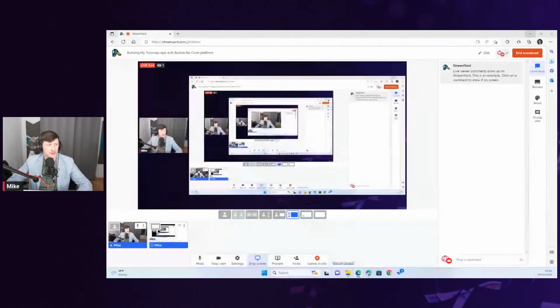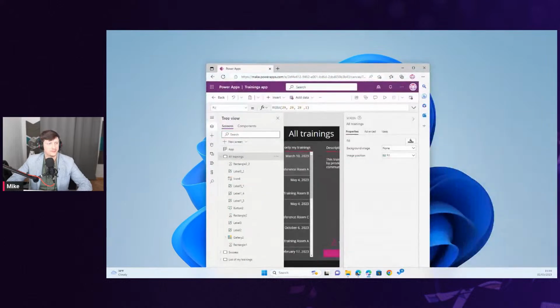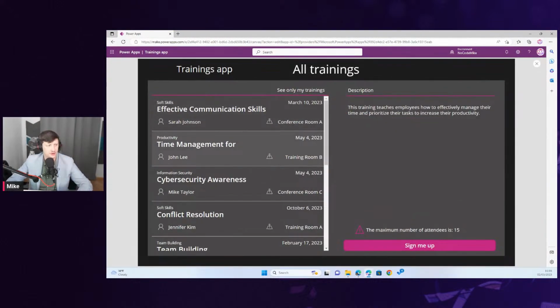Nevertheless, I'll present my screen. This is my desktop, and that was the app I built about two weeks ago. The app is very simple.